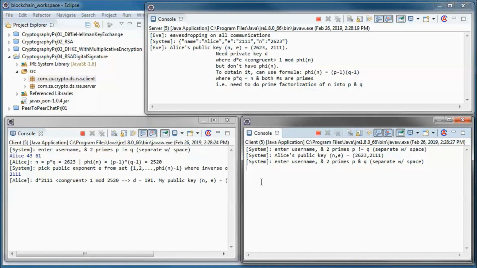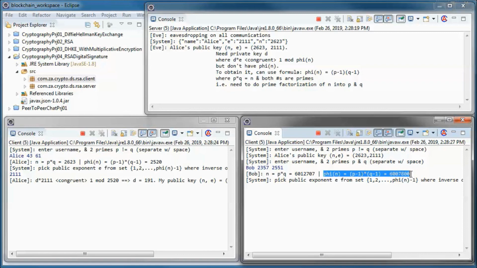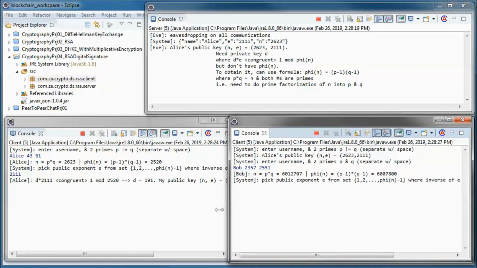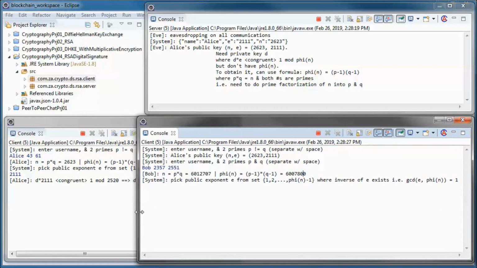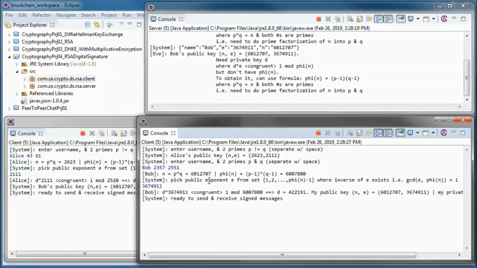And Bob picks those two prime numbers and calculates n and phi of n, and he picks this public exponent from this set where the inverse of E exists, meaning the GCD of E and phi of n is equal to 1.